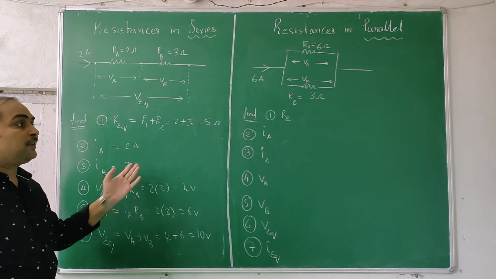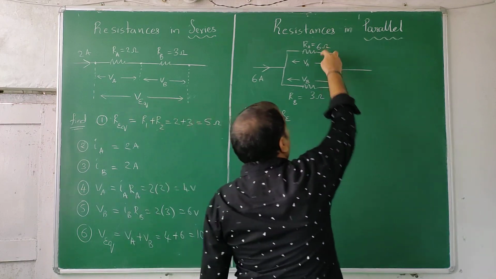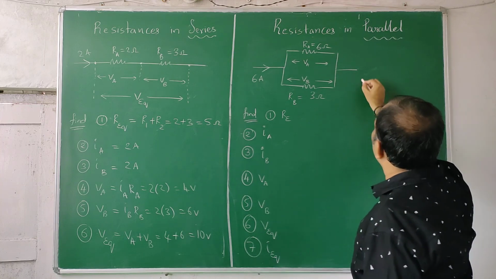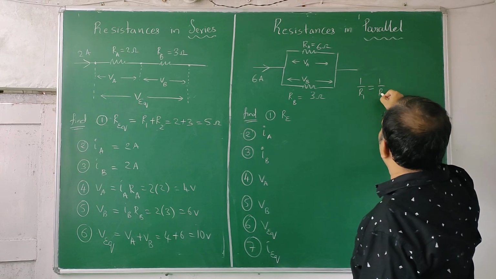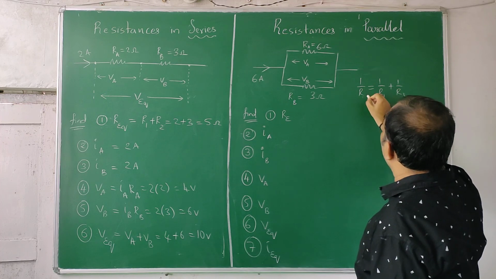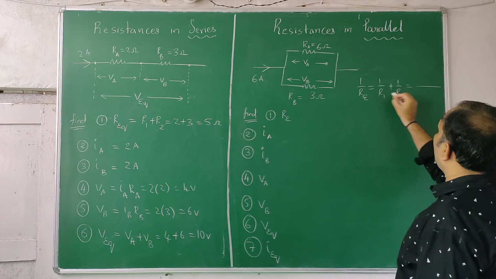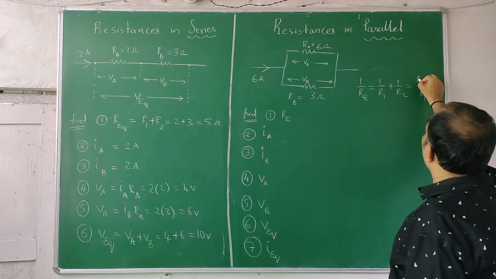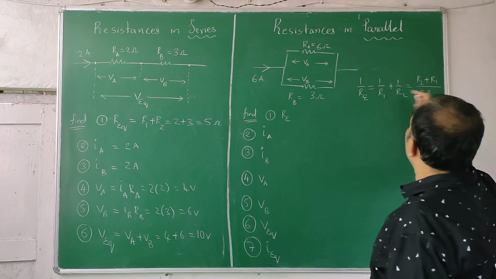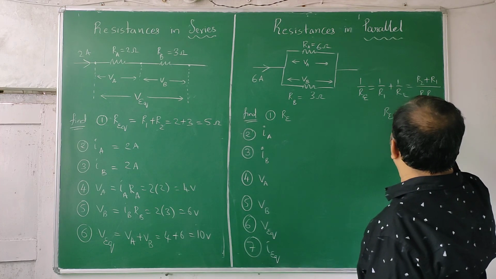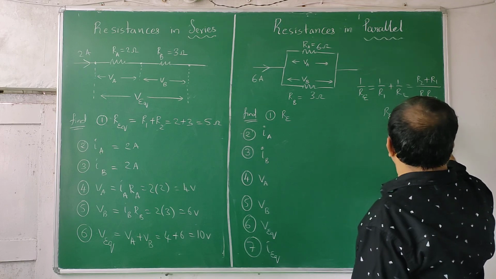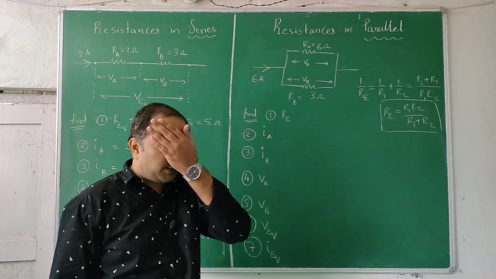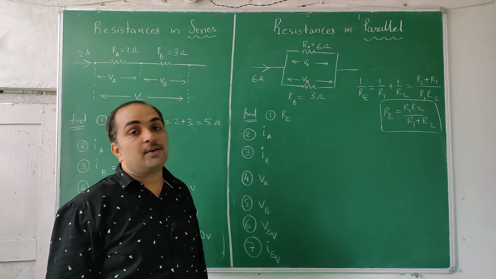Simple way, I didn't take much time, you can understand that. Whenever you have two resistances, calculation of R equivalent is very easy. You can learn this method by heart. 1 by R equivalent is equal to 1 by R1 plus 1 by R2. So the LCM is the R1 R2 product. R1 goes R1 times, so you will get R2 plus R1. Reciprocate this. R equivalent is equal to R1 R2 by R1 plus R2. You can learn this by heart whenever two resistances are there. This kind of formula is not applicable when you have 3 resistances, 4 resistances like that. When you have those, you can't apply that.